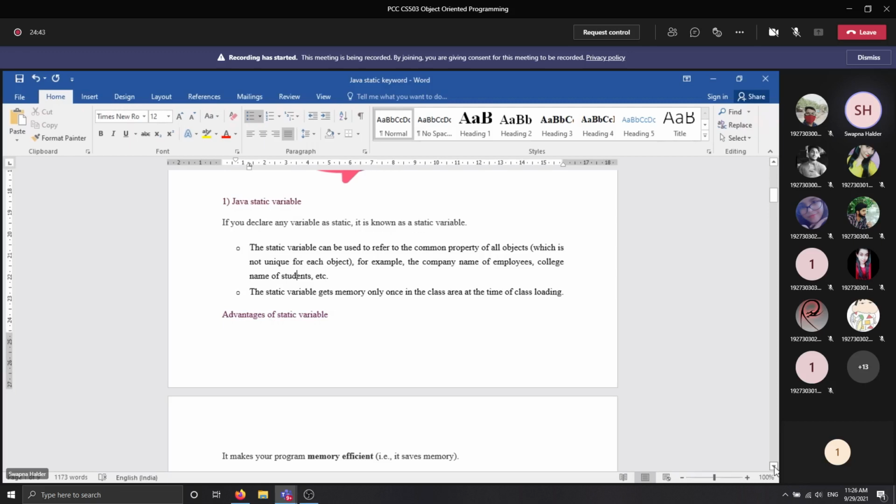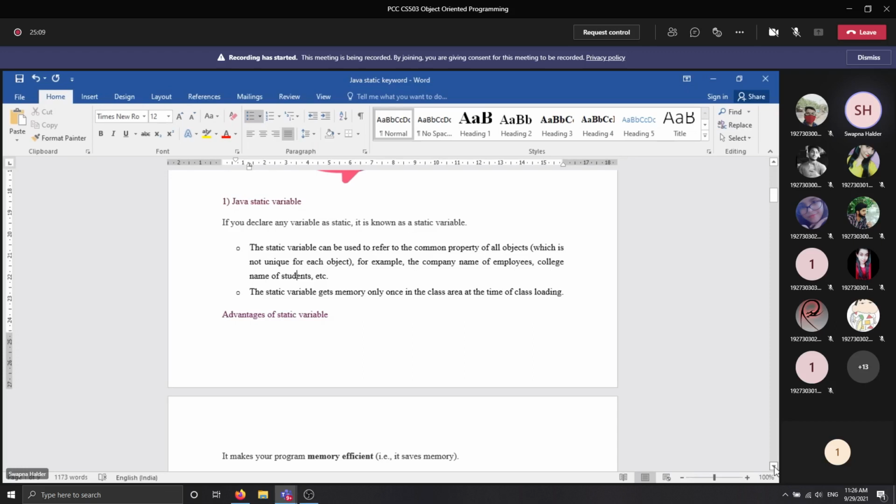And if that object is associated with four properties, that is name, roll number, email ID, and department name, that means memory will be allocated for all the variables in each object. So with a total of 63 students in your class, the same information will be repeated for all the 63 students.